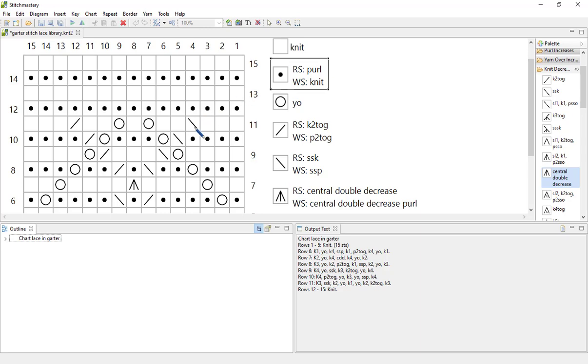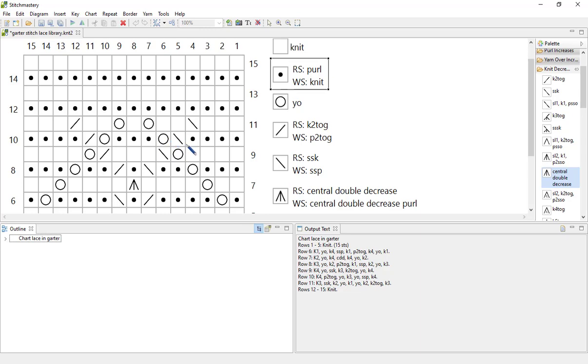But we have some pattern stitches, lace stitches falling on each of the rows, so to make our chart clearer to read, it may be tempting in garter stitch to hide the wrong side rows, but that obviously only works if the wrong side rows are just plain knit, and at the moment these wrong side rows have got other stitches included, so they need to be included in the chart.